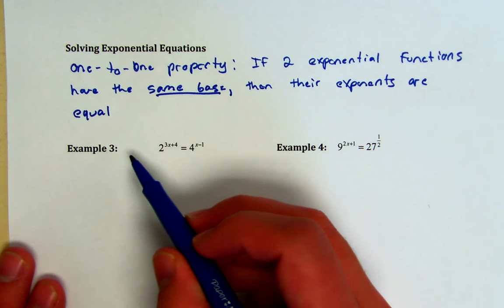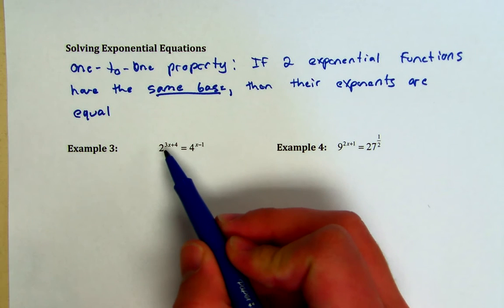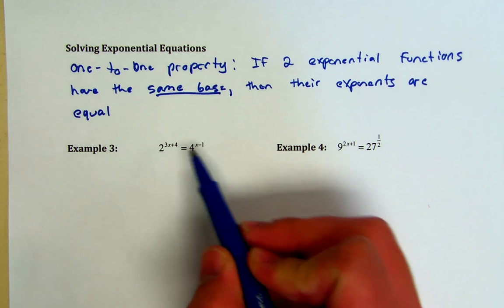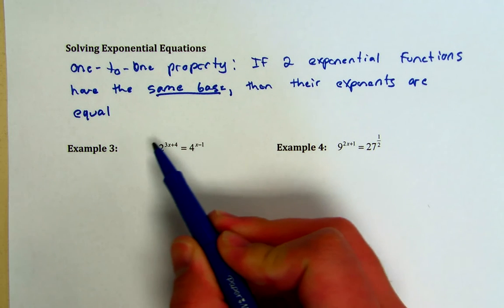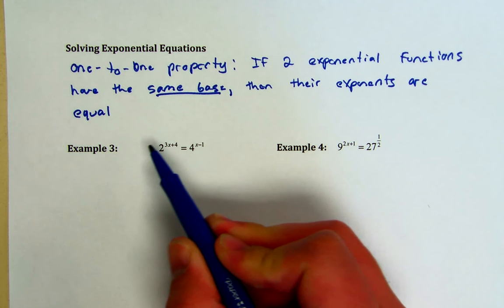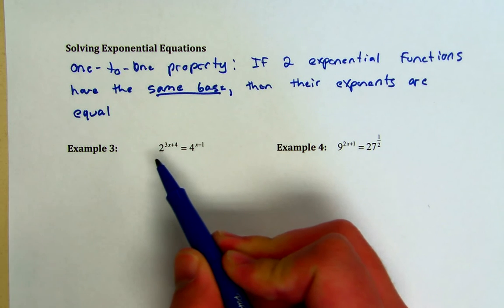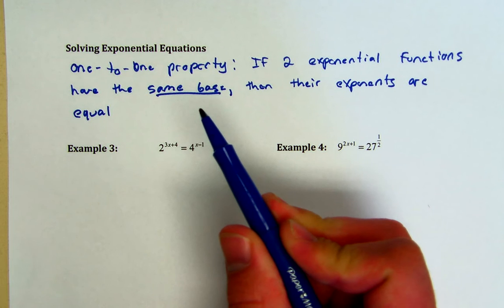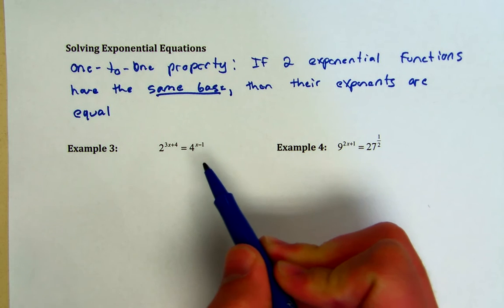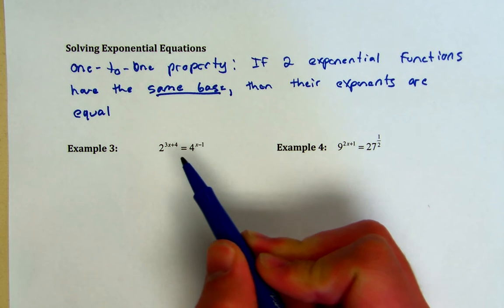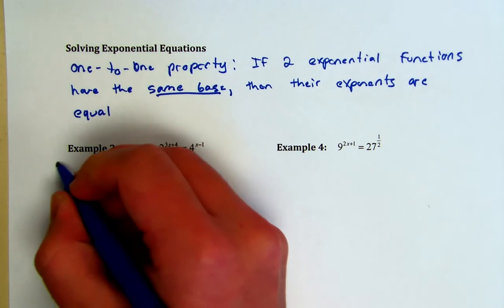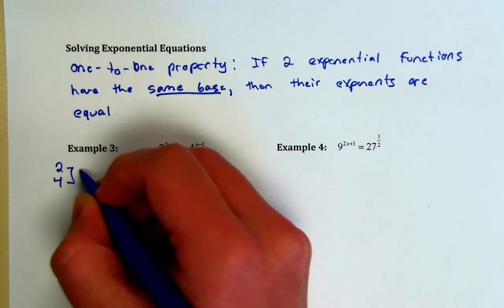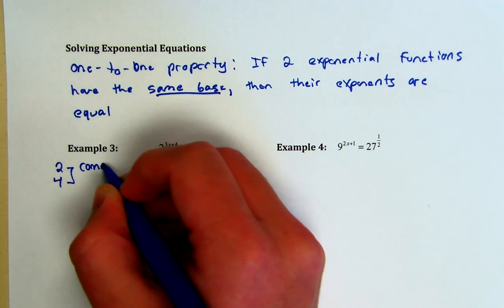Well, looking at example 3 here, 2 raised to the power of 3x plus 4 equals 4 raised to the power of x minus 1. Right now, we have no way of solving this equation besides using guess and check. But this one-to-one property tells us if I could write these two equations with the same base, then I can set their exponents equal. So if I look at 2 and 4, I know 2 and 4 have a common base